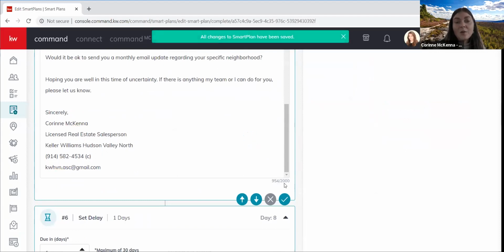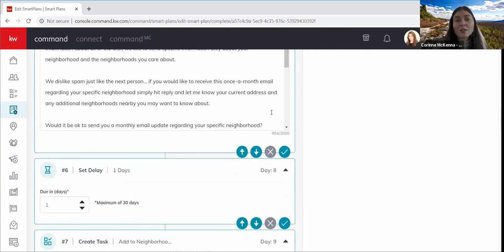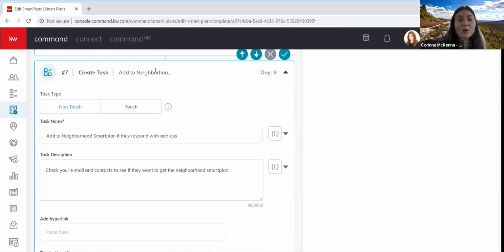And again, with the emails, there is a character limit to be mindful of, please. And that's honestly done on purpose. The most read emails, especially if it's on a smart plan where you might be contacting them in multiple ways over a short period of time, you want to keep things kind of short and sweet, right? You can say plenty in 2,000 characters. Set a delay, and then it's important to also create a task for yourself